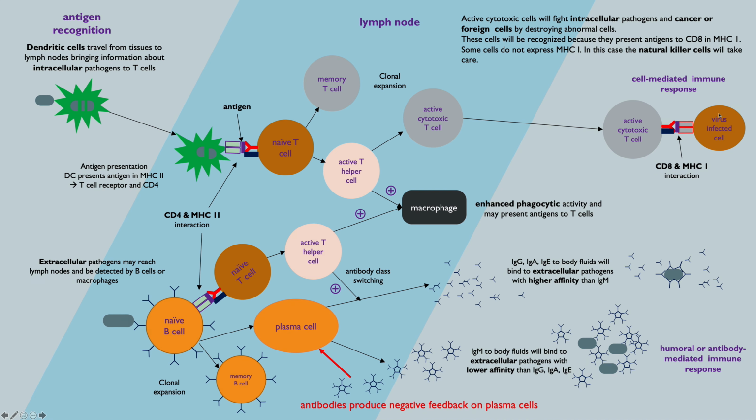Now, what if the cells don't display the MHC class I? What if the virus messes up with the cell so it doesn't show that it's infected? In that case, we have a very important cell of the innate immunity, that is the natural killer cell. The natural killer cell will destroy any cell that doesn't display MHC class I or displays very little of it. So they have more or less the same role, but one acts more specifically for cells that display MHC class I with a foreign protein, while natural killer cells will take care of every cell that doesn't have